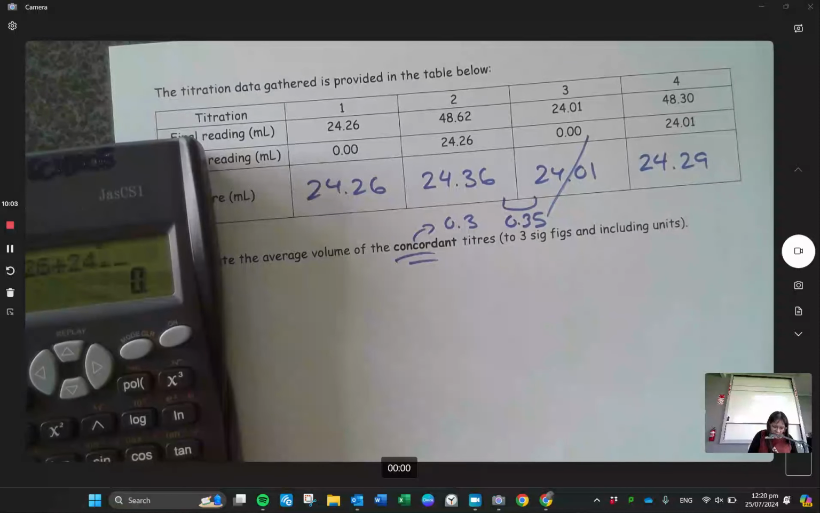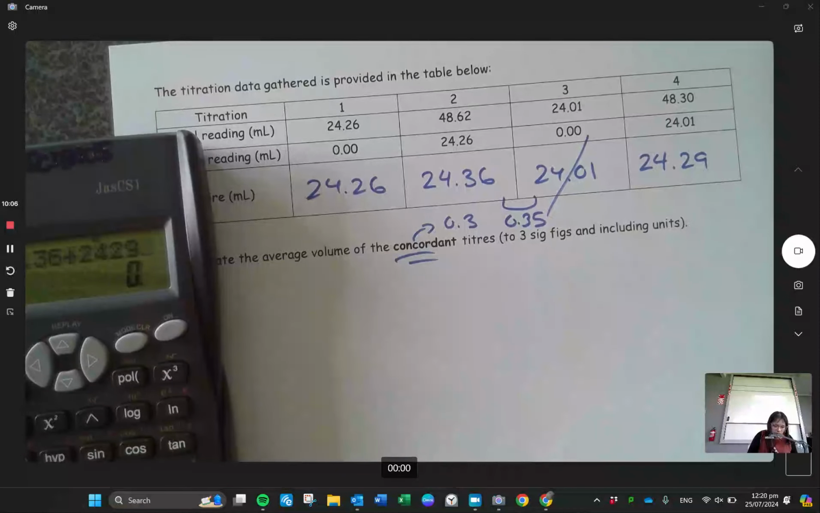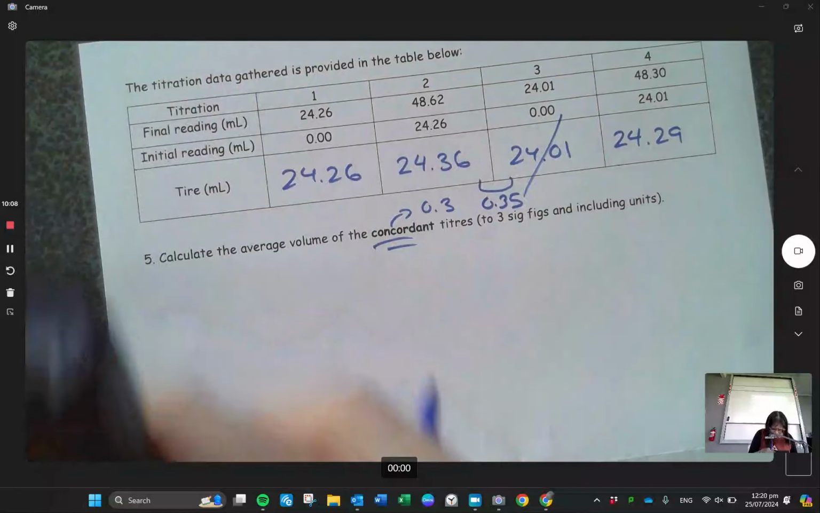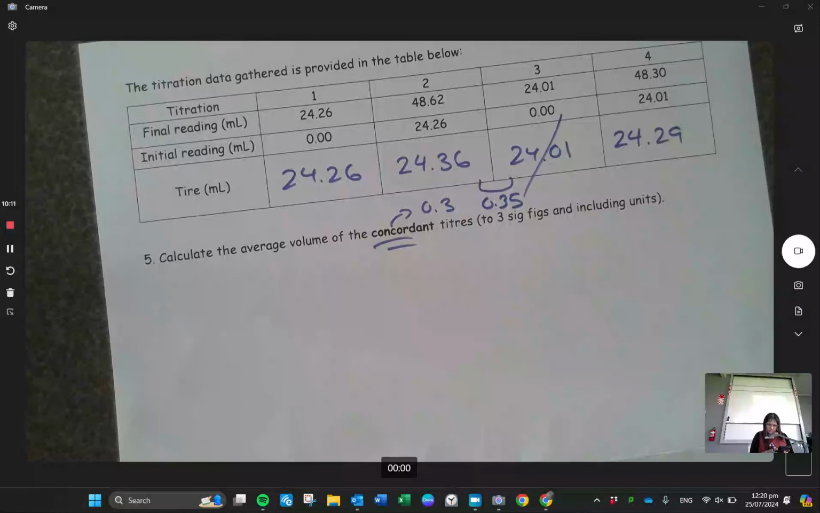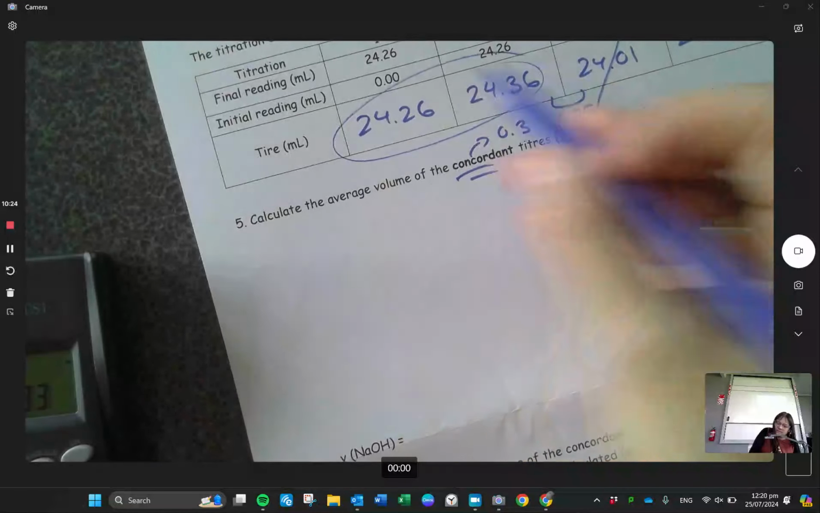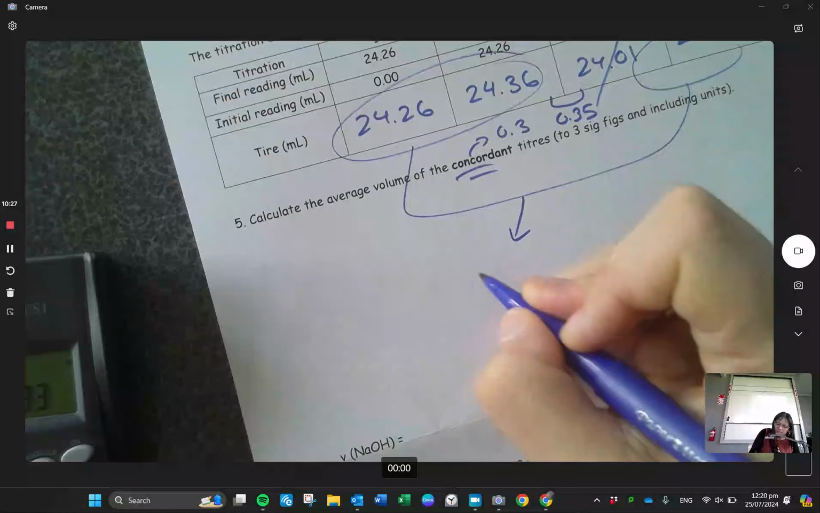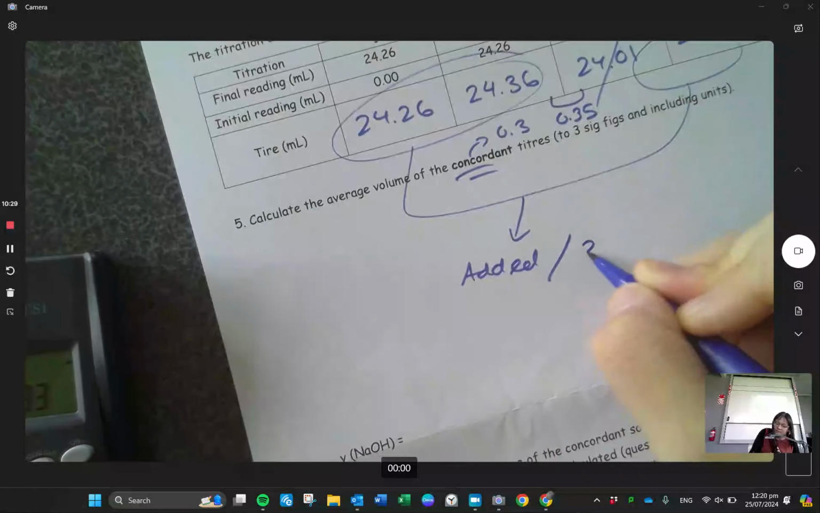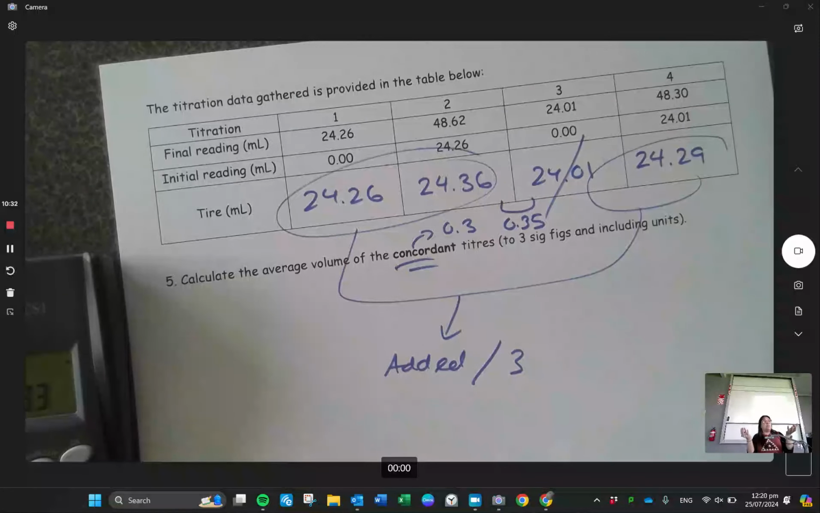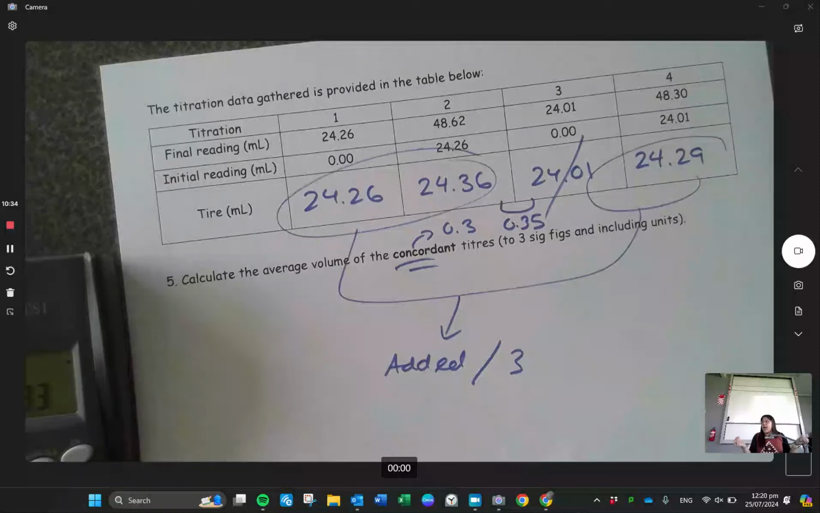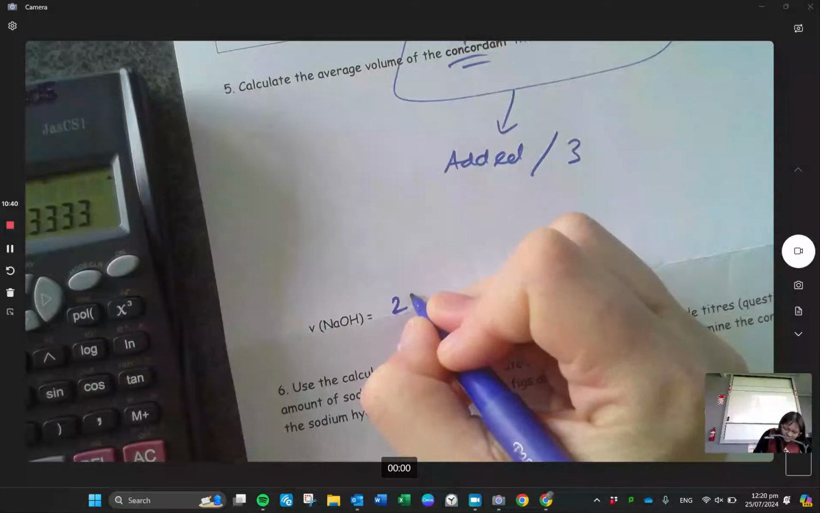So we add all 3 numbers together. And then I did something really weird. 24.26 plus 24.36 plus 24.29, and then divide it by 3. So I added these 3 numbers together. Just going to try to save time, and then I divide it by 3. Remember, if you're using all 4 data points, then you divide it by 4, because to average, you divide by the number of things you're adding together. This is 24.3